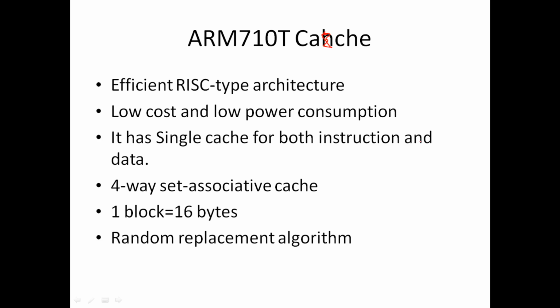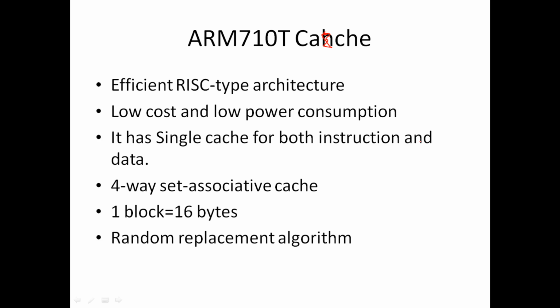But here in ARM, both are in the same cache, the same memory. Cache memory is located for instruction and data together, and because a single memory is used, it has the advantage of being simple, because only one type of architecture is used, either changing it or not changing it. So it depends on what type of instruction you are using.